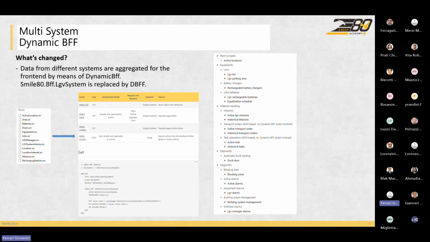and it represents basically the WCF of the LGV Manager. So here we are able to make calls to the WCF of the LGV Manager. As you can see, we are invoking it like if it was only one, but actually, depending on the system ID that we provide here, we are querying all or some of the WCF of the LGV Manager that are part